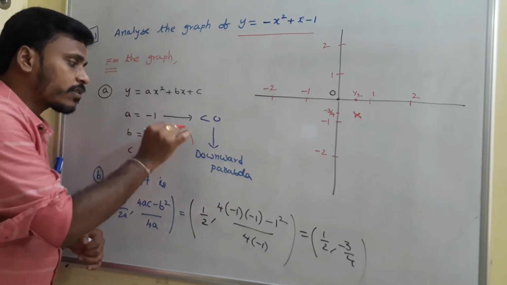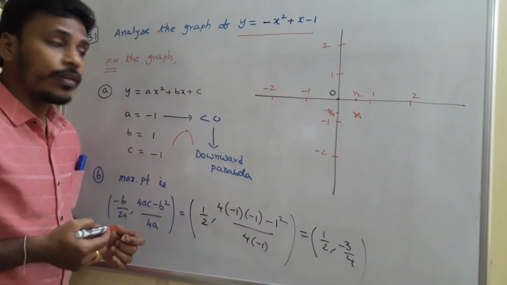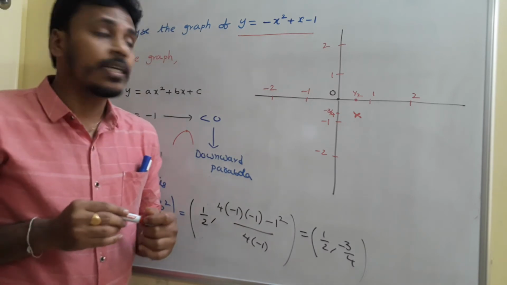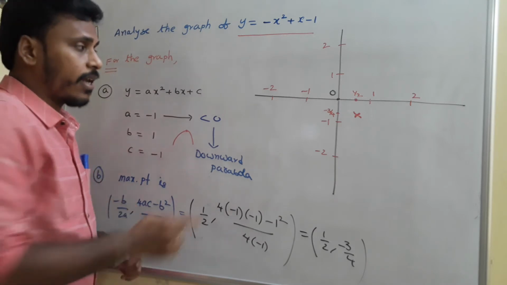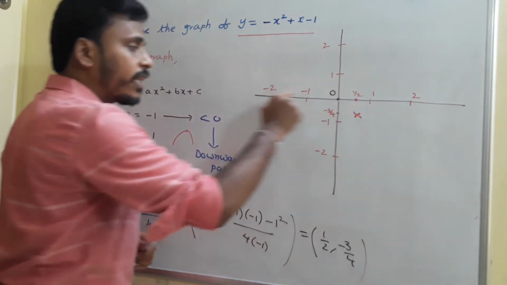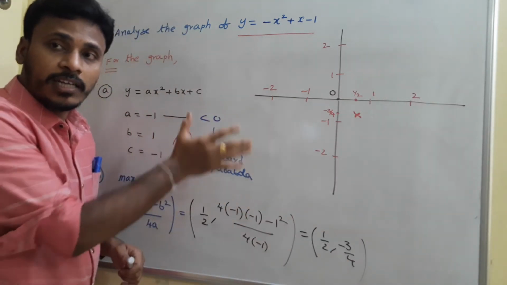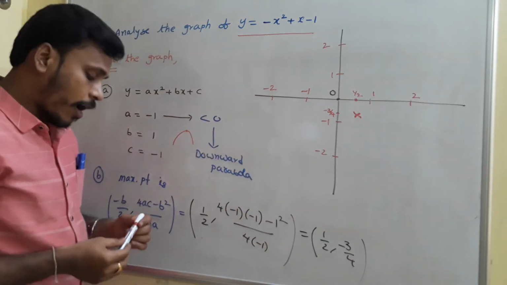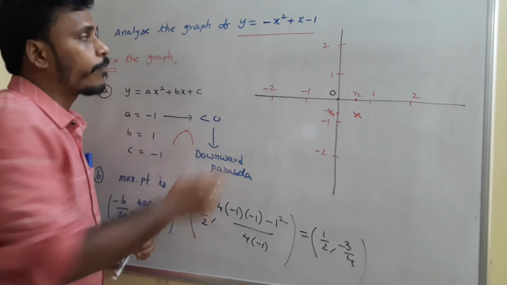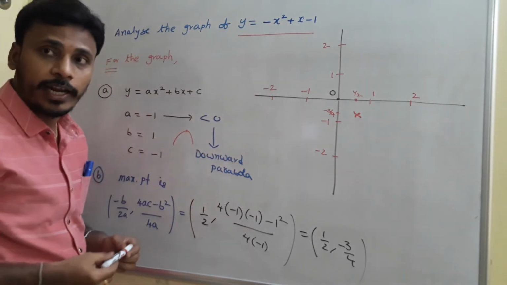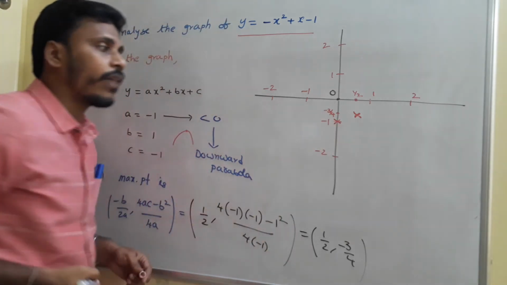The graph is this downward parabola and it turns at this point. And as we discussed, the graph in C neither intersects nor touches x-axis. So the graph neither intersects this x-axis nor touches this x-axis. So there is no connection between the graph and the x-axis. And one more thing, the graph for sure passes through 0 comma minus 1. If x is 0, y is minus 1, right? And that's why this 0 comma minus 1 is also a point on the graph.